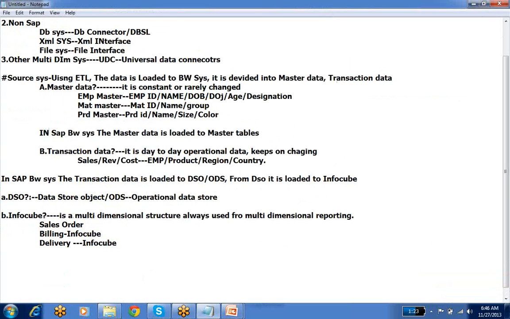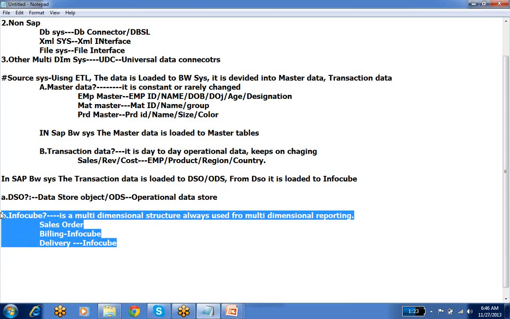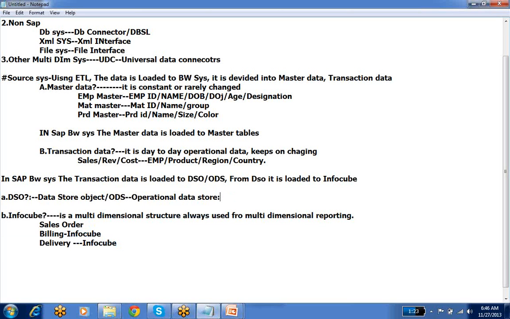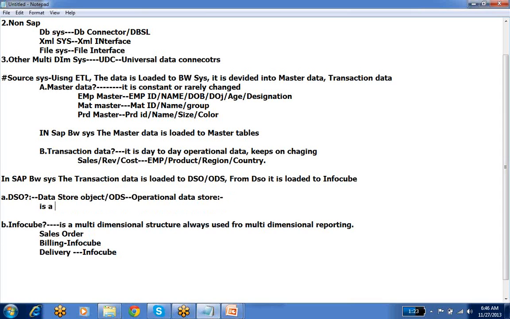Fine. Right. Let me explain you now what is the need of DSO. See, InfoCube, the purpose is multi-dimensional reporting. Now, why we have to use DSO? It is a table, in fact. So where there is a limitation of InfoCube,